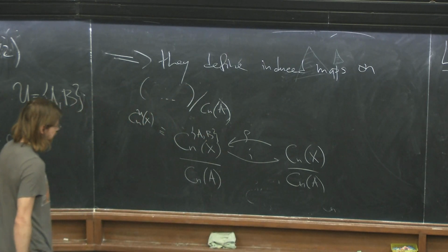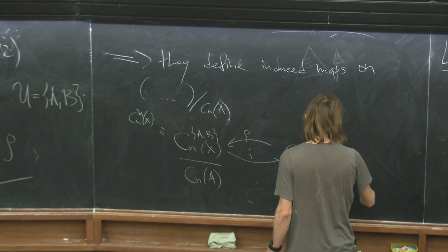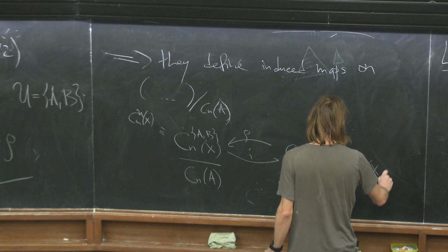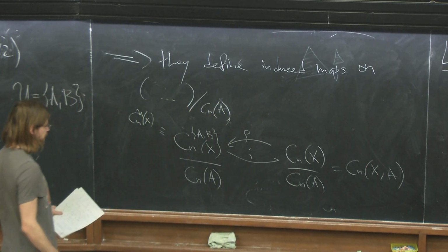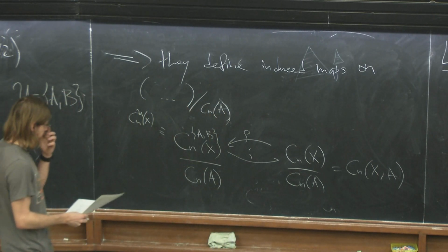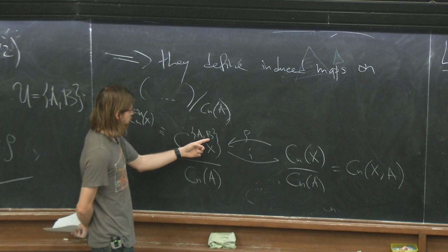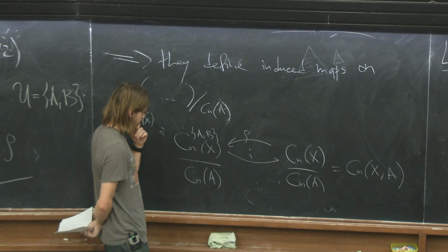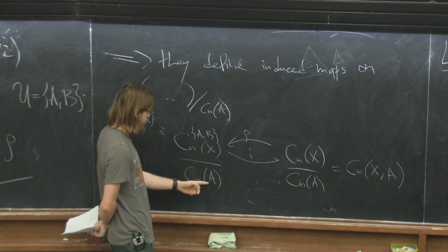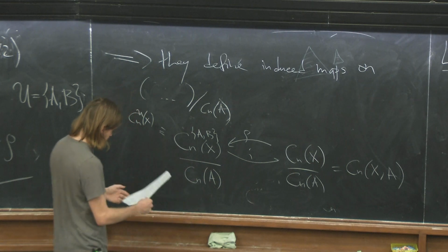But now we can notice that on the right, by definition, what we have is C_n(X, A). But let's see what we have on the left. So on the left, in the numerator, we have singular chains in X with image either in A or in B. So it's generated by singular simplices with image either in A or in B. And here we have a group generated by singular simplices with image in A. So the quotient